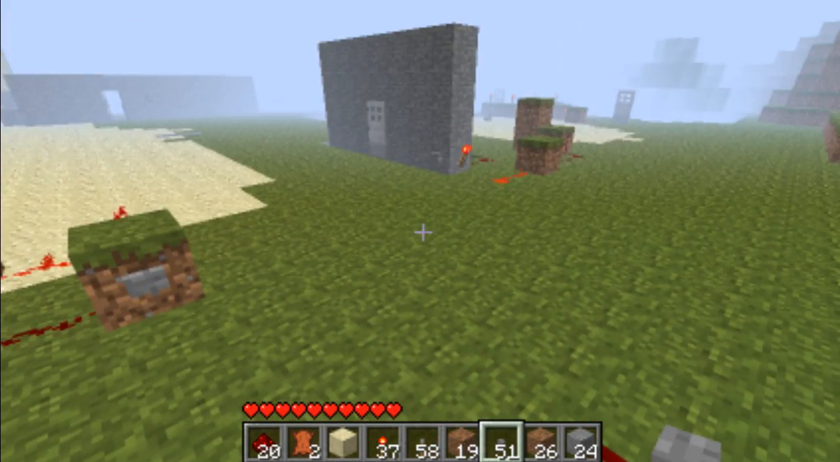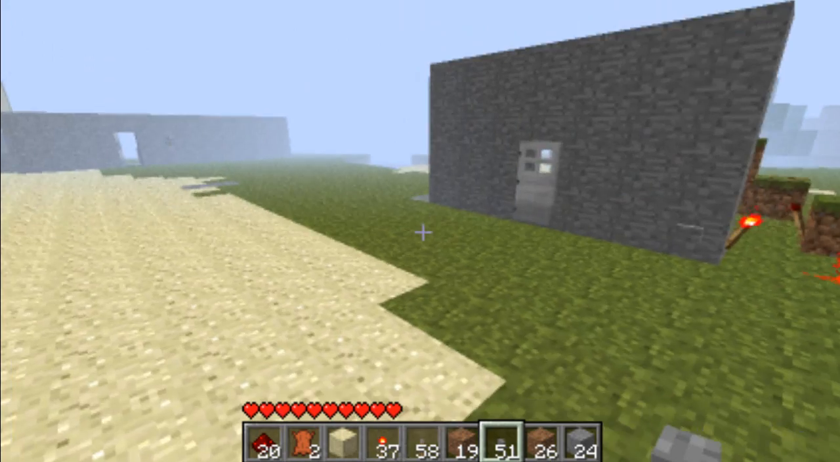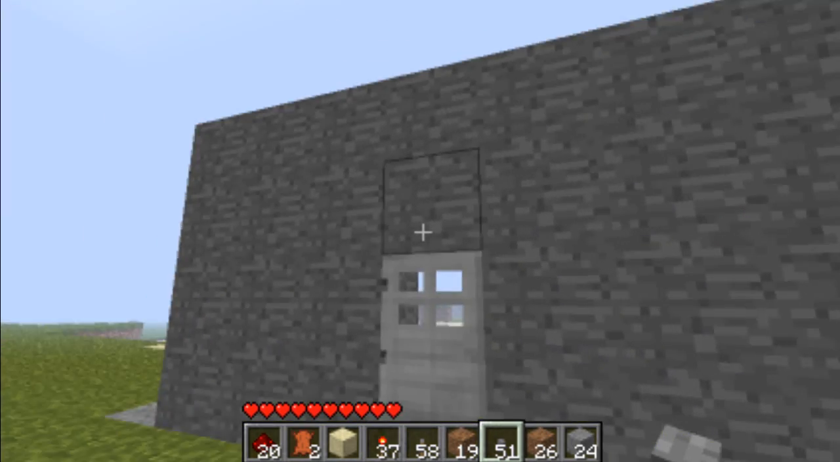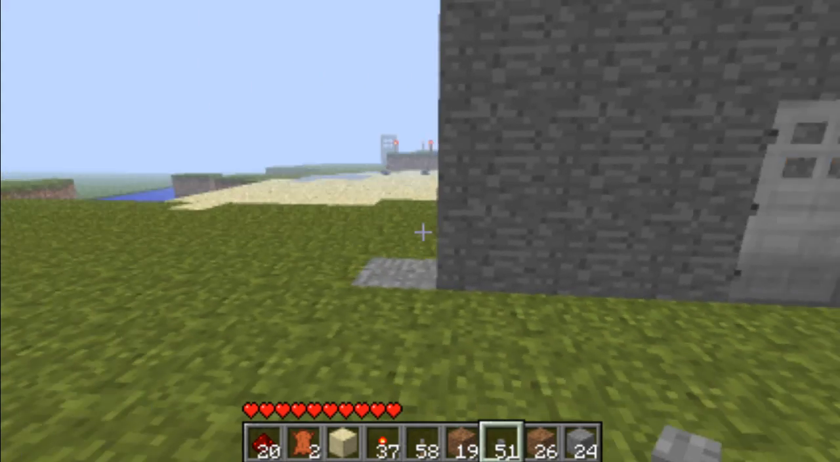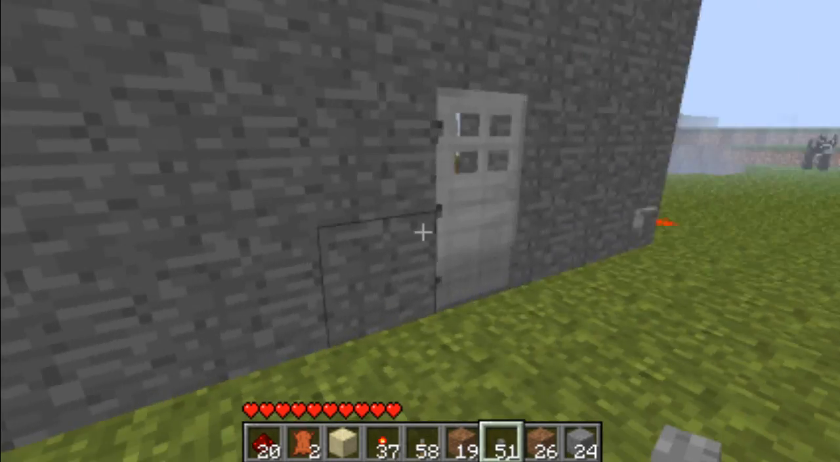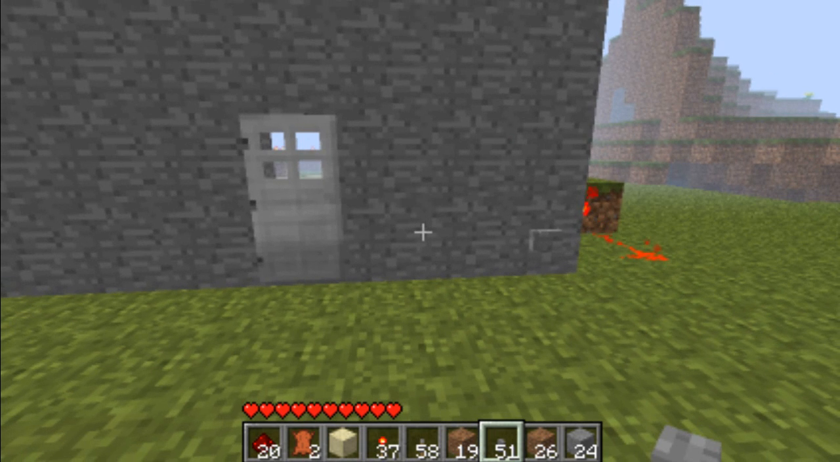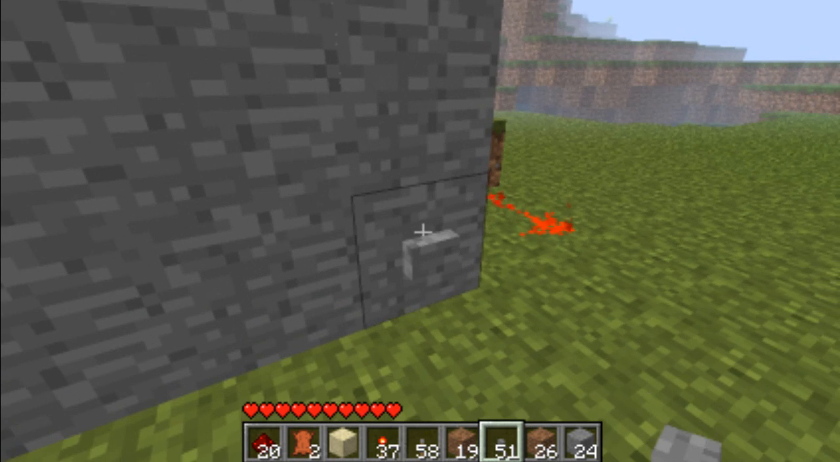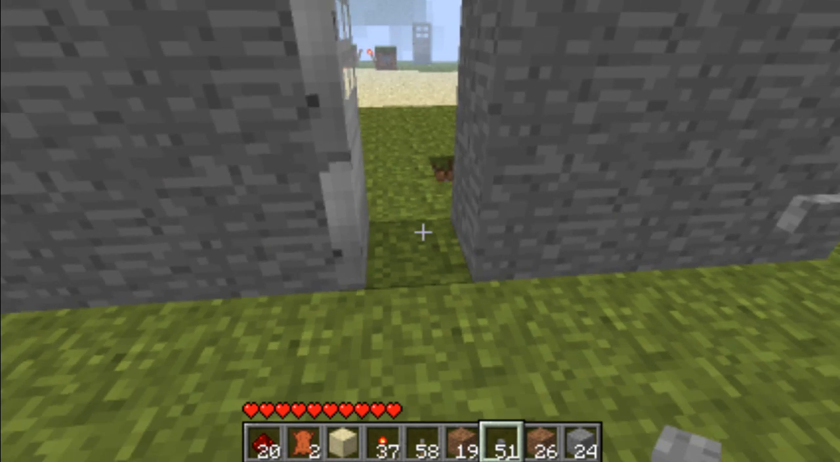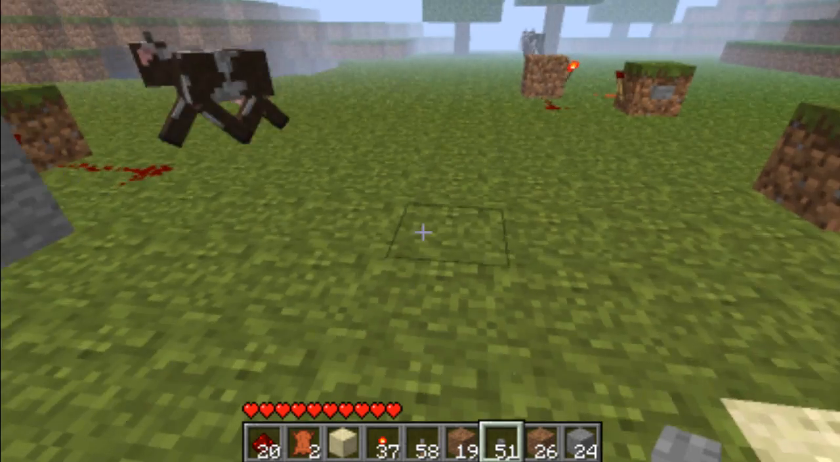So let's move on to something I made with this. I made basically the side of the house. That's one wall. Basically you press this button, the door opens, but it doesn't close again. Usually if you did that,